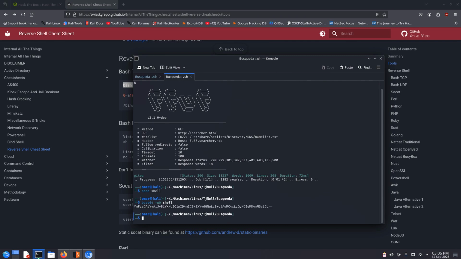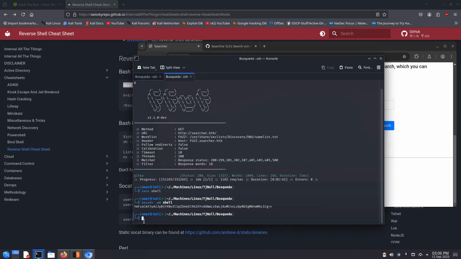And you'll actually get the base64 command you want. So let's run. So let's just start